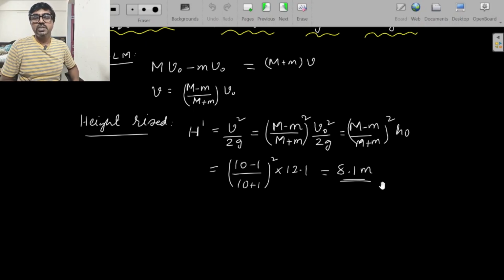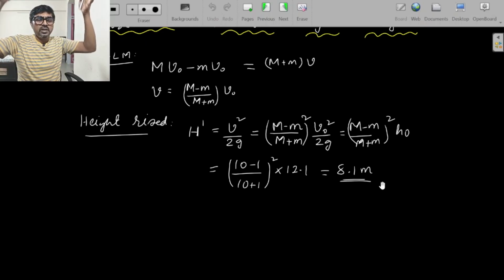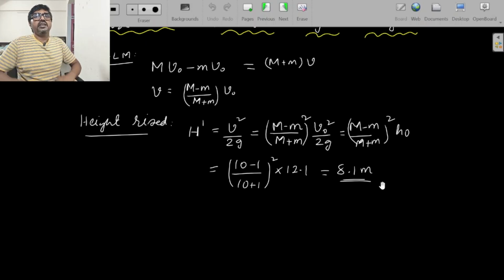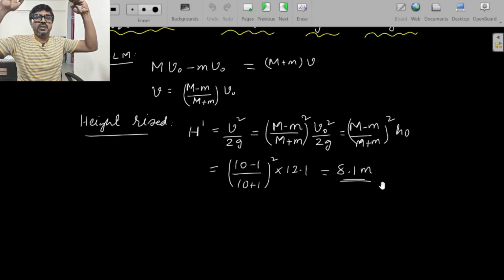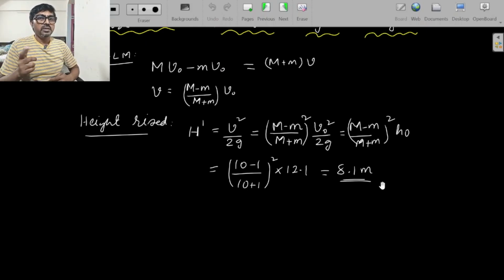So it's interesting, you see, if there was no gas, what would have happened? The container falls from 12.1 meter, goes to the ground, and the direction of motion will be reversed with the same magnitude. So conservation of energy will get it back to the same height, 12.1 fall, 12.1 rise. That would have been the situation. But the collision between gas molecules and container is inelastic. That's why there is a loss of mechanical energy, and that's why the height rise is going to be less. The loss in mechanical energy you can also calculate. You can see how much thermal energy is produced and so on. But anyway, this is an interesting question that we have here.